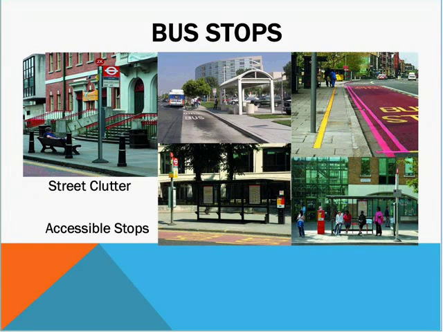There are some examples of different types of bus stops. One example of how not to is the example at the top left, which happens to be in London, actually, and you can see that the particular bus stop is really totally cluttered. We want to have a clean bus stop, such as you can see on the bottom two photographs, where we have basically a clean bus stop, where there's no interference between the bus and the passengers that are going to board the